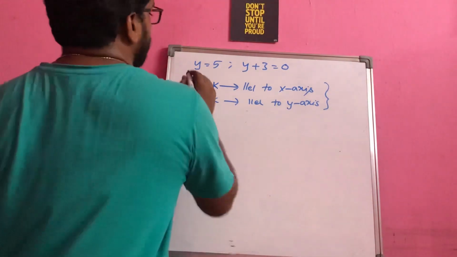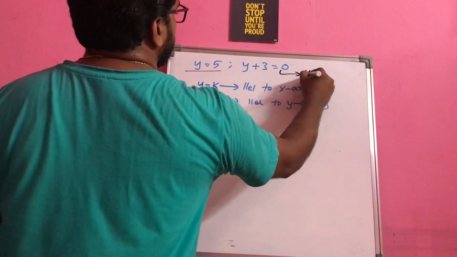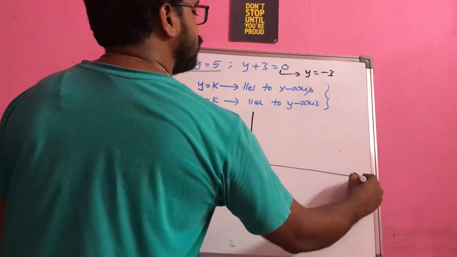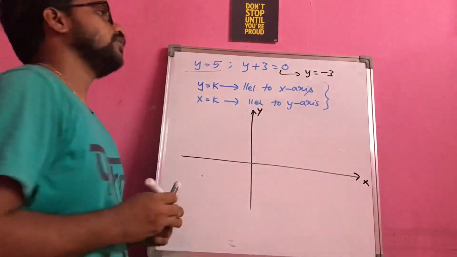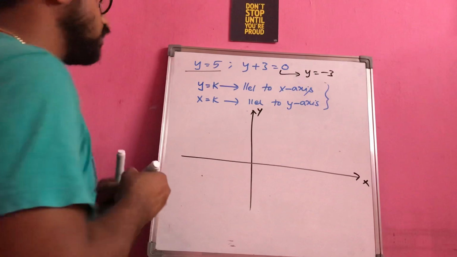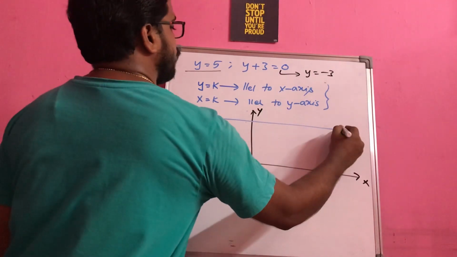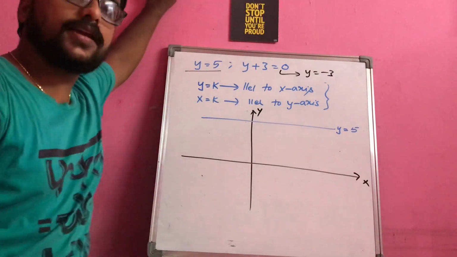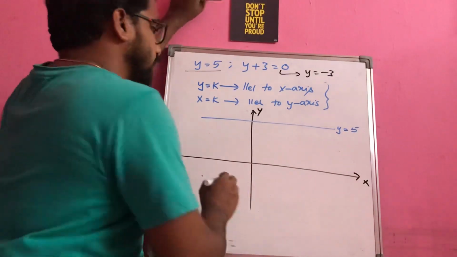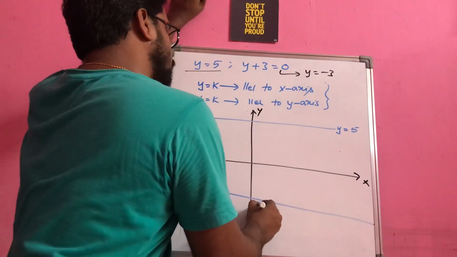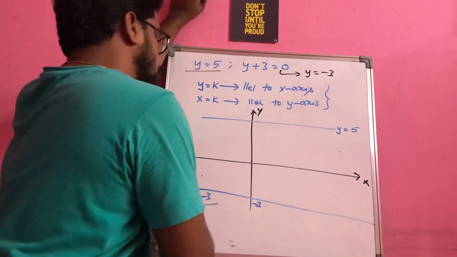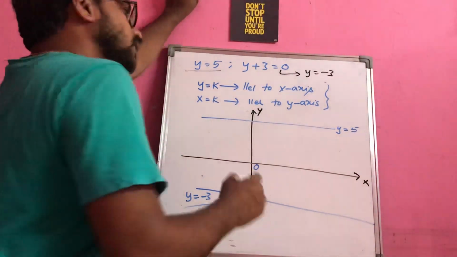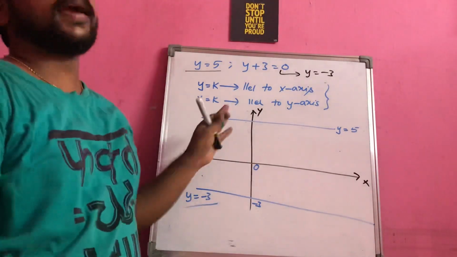They had given y is equal to 5 and another is y is equal to minus 3. Okay, so try to represent this. If you observe, this is the x-axis and this is the y-axis. As we already discussed, y is equal to a constant is a line that is parallel to the x-axis. Somewhere here y is equal to 5 will be there, and y plus 3 is equal to 0. If I rewrite that, I will get y is equal to minus 3. So that y is equal to minus 3 will be somewhere down here. So if this is my origin, these two lines you can see here are parallel to each other,